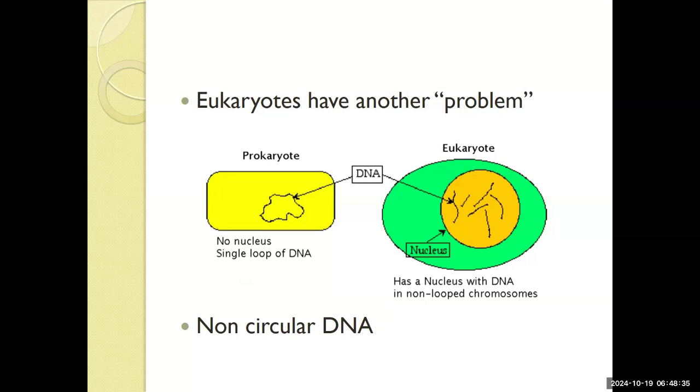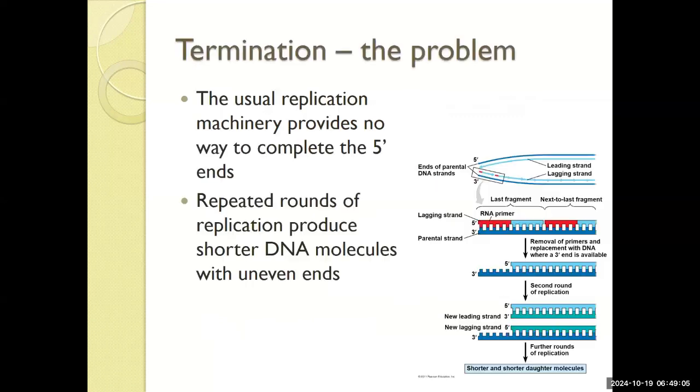But herein lies another problem. Prokaryotes have a single circular DNA, and so it can be copied in full and completely end where it began, the entire genome transcribed. Eukaryotes, however, have non-looped chromosomes. If you unwound the DNA, it'd be one long line. And the DNA polymerase cannot add nucleotides where it is attached. So when we end replication,